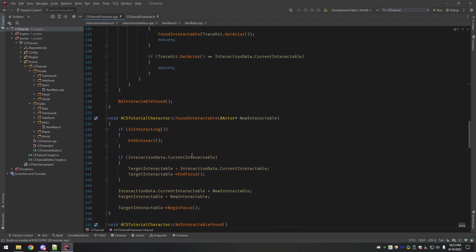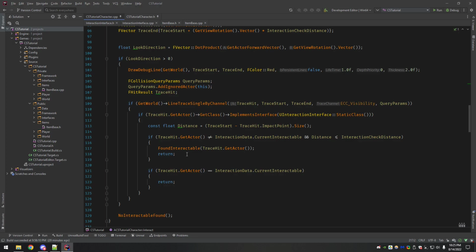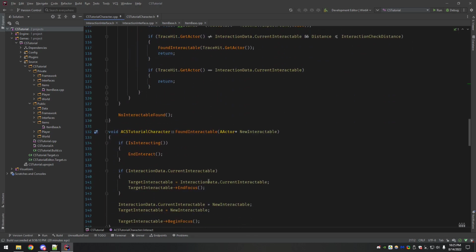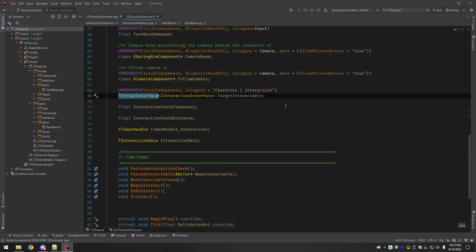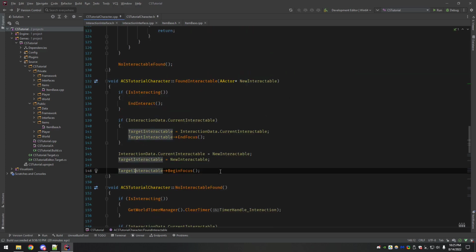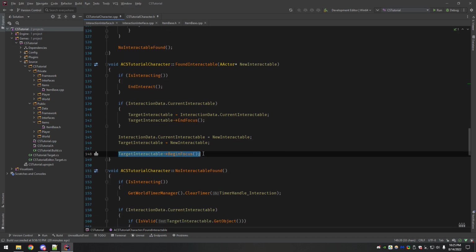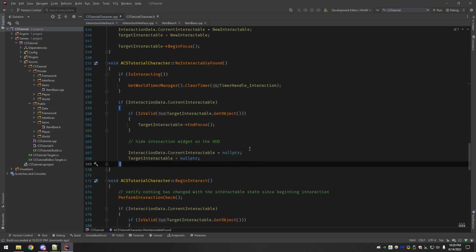We've gotten everything handled, and it was all relatively clean using this target interactable interface class, right? This thing. It handles a bunch of stuff behind the scenes for you to make this very easy, because now we just call these functions right on it. And anytime you find a new interactable, it's set to that. All right, so how do we test this out?